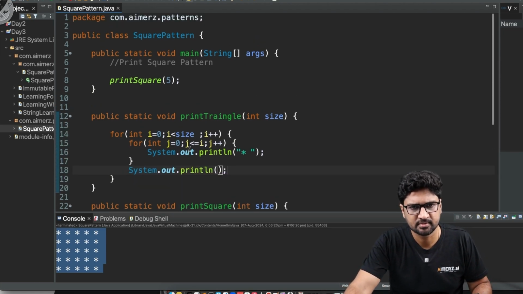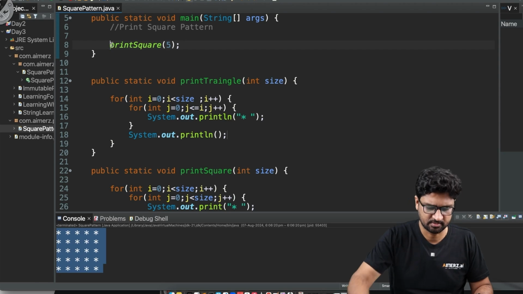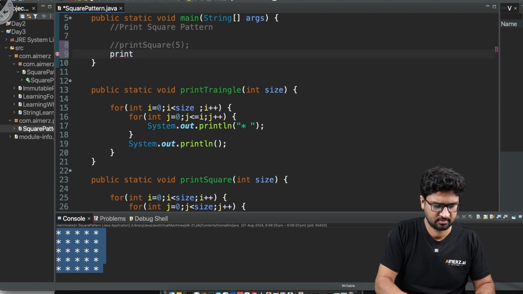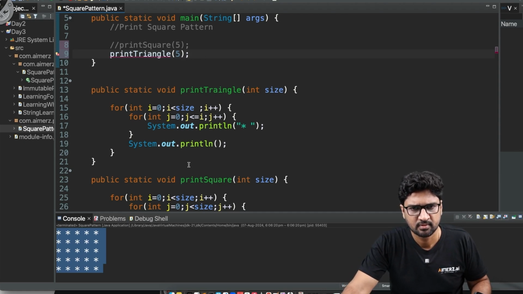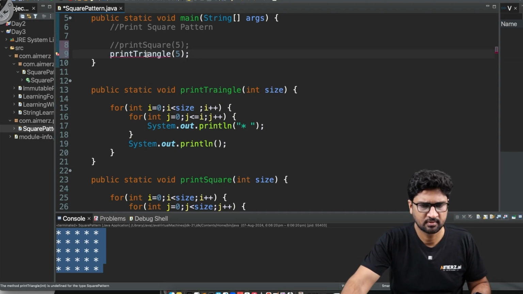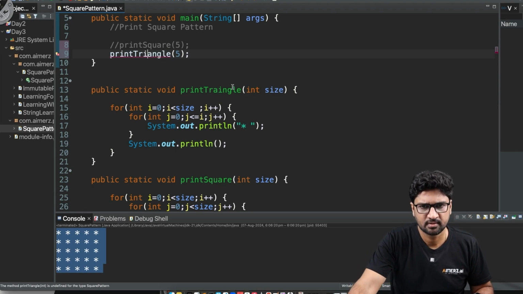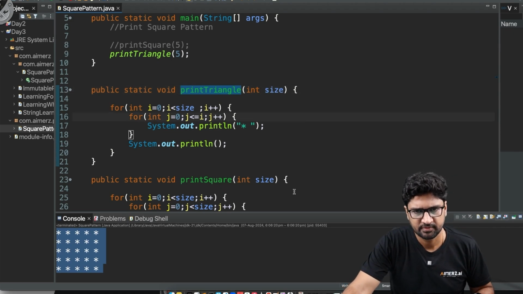So if I go and run this now, instead of calling the print square, let me comment this line and call print triangle. And I go and pass 5. Here there's a typo. If I go and run this,